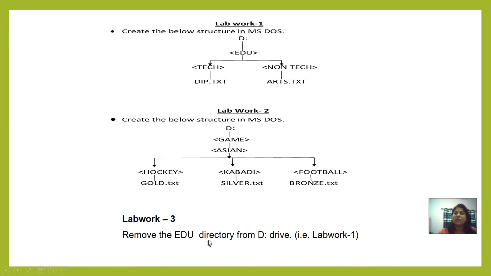One thing you have to remember: to create a directory the md command is used, and to go inside a directory the cd command is used. After completing all these, when I think I don't need that directory, I have to remove it. How should I remove it? By the rd command. So in lab work 3 the rd command should be used.